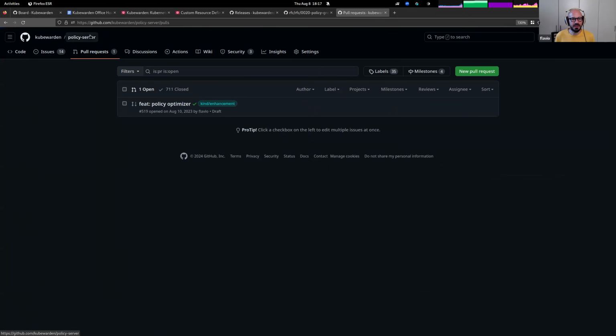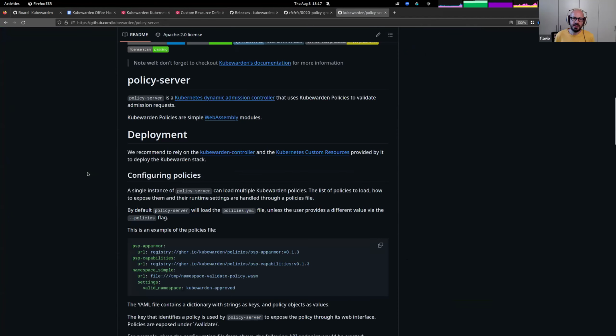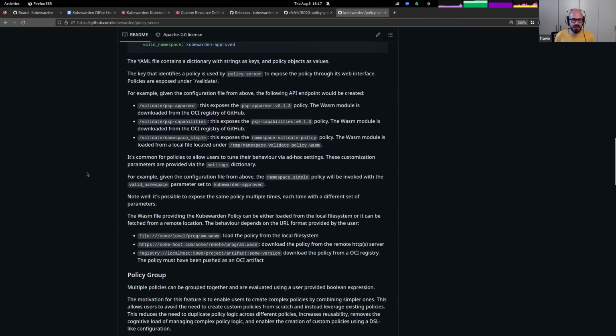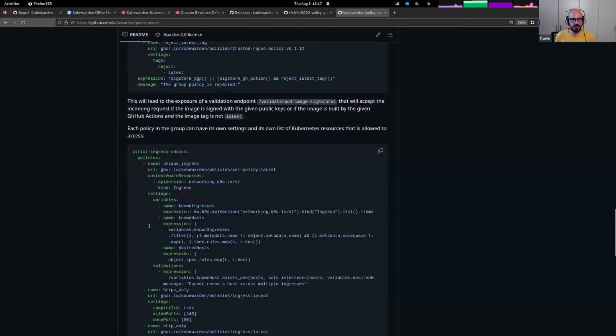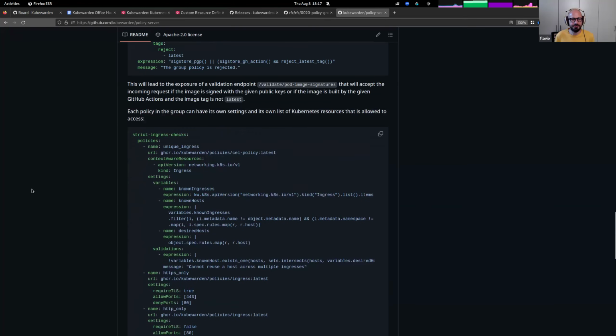Can you open the policy server GitHub repo? No, just open the README, please. But if you're running PolicyServer standalone outside of Kubernetes, here you go, to validate any kind of stuff, because with PolicyServer you can validate any type of incoming JSON. So you can already start to use the policy groups. It's just a matter of writing the policies configuration file so that it looks in this way, which is the same configuration I've shown to you. So this is basically something that is already available if you are using Kubewarden standalone.